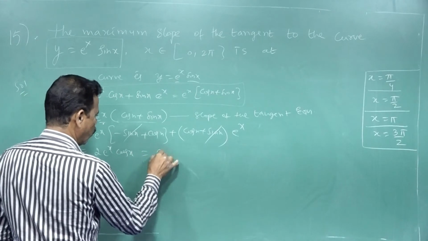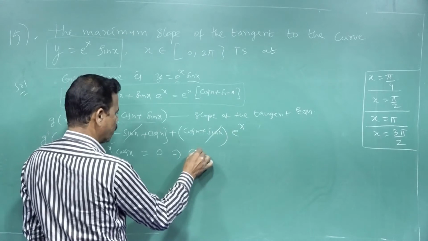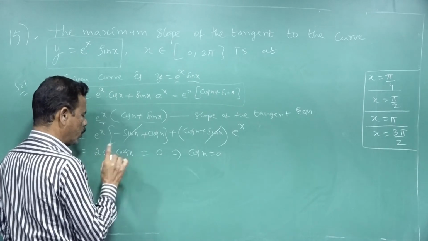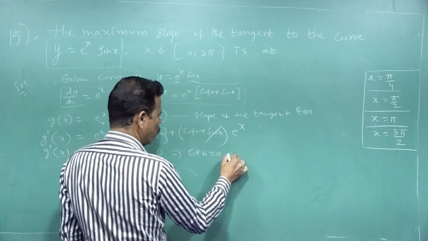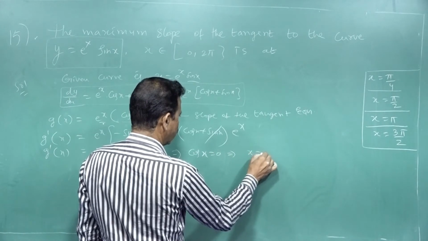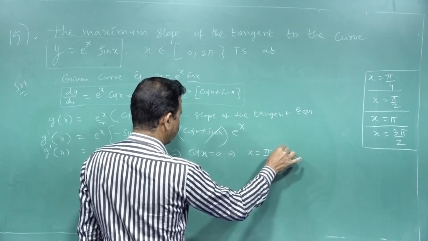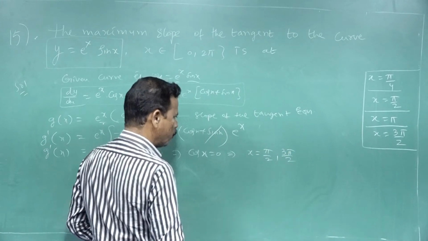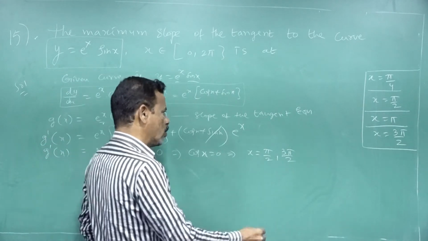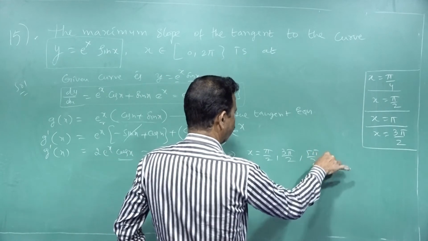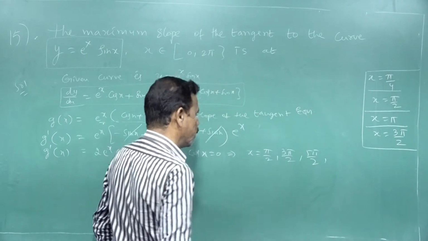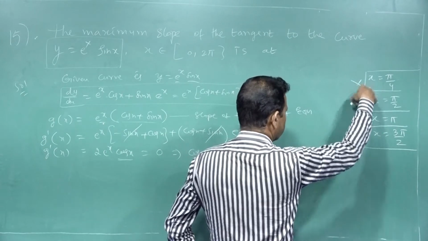So if it is equal to 0, then we get the x values. So cos x is equal to 0, e power of x is equal to 0 is not possible, so cos x is equal to 0 only is possible. So where is cos x equal to 0? x is equal to 90 degrees and 3 pi by 2, 270 also. Other values are also there like 5 pi by 2, 7 pi by 2. So here maximum at 3 pi by 2, minimum at pi by 4, these are not coming.